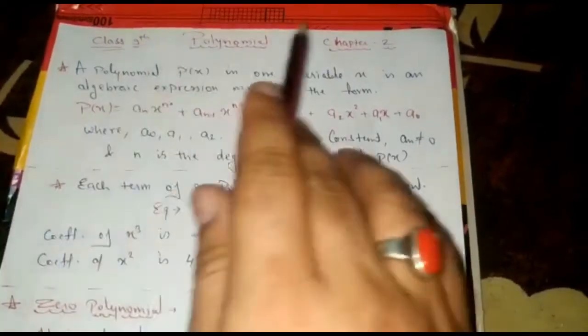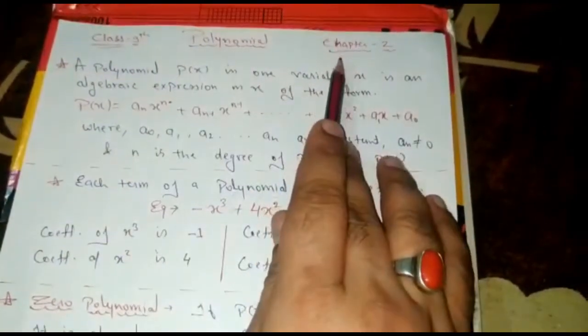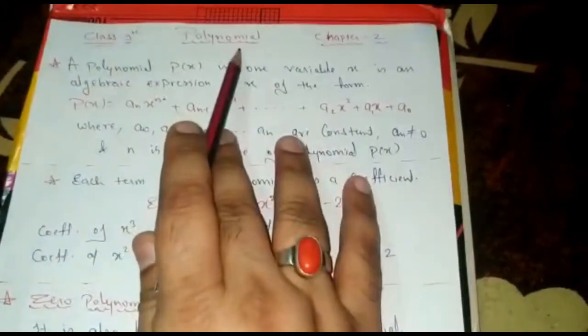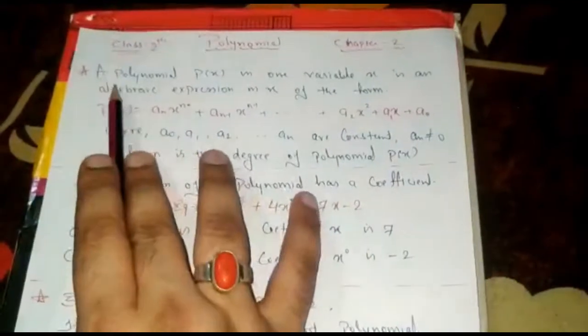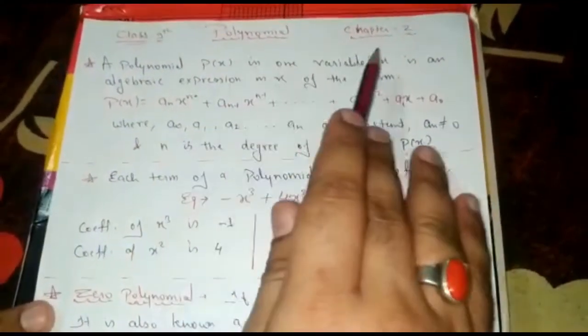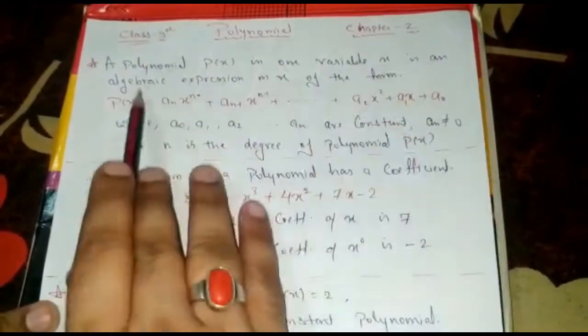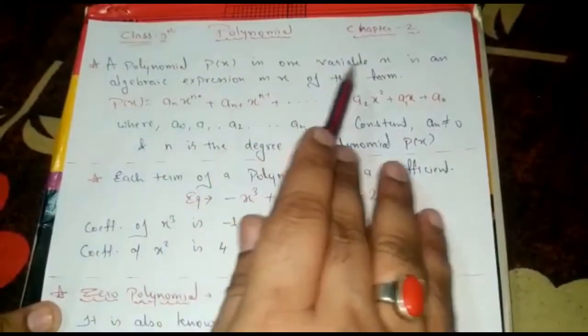Hello students, today we are discussing chapter number 2 of class 9th, that is polynomials. Let us understand what is a polynomial. A polynomial p(x) in one variable, that is x, is an algebraic expression in x of the form